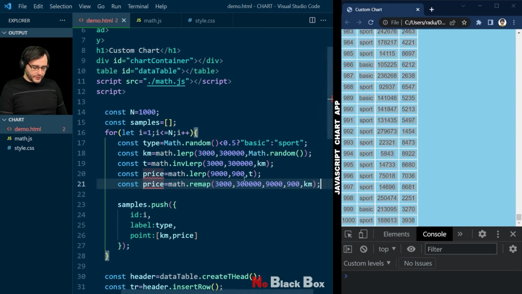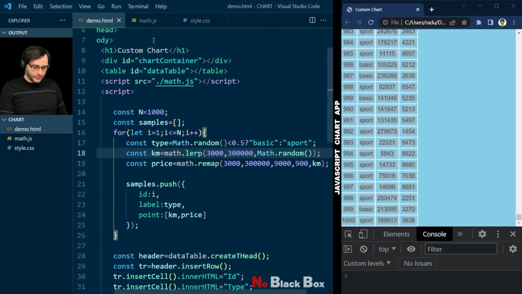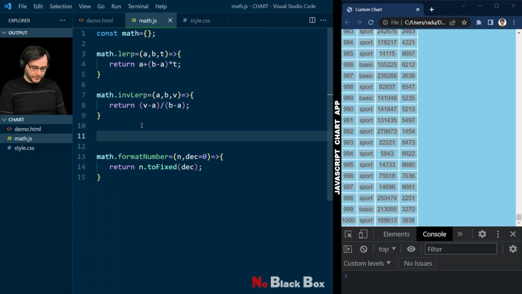So this is going to be the same as these two lines from here, but written more neatly. And what we have to implement in this remap is a lerp of an inverse lerp. So let's remove these lines from here and go to the math.js file and implement here